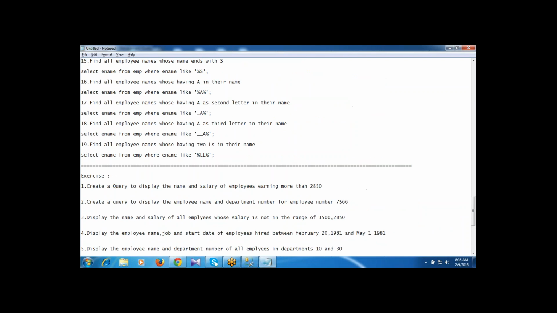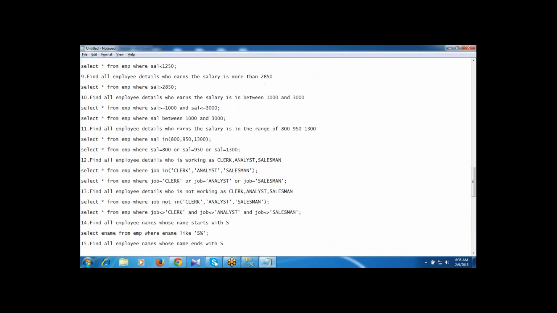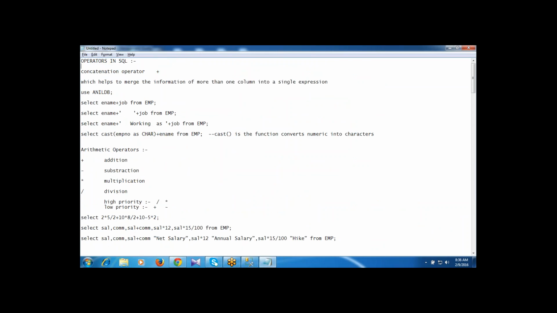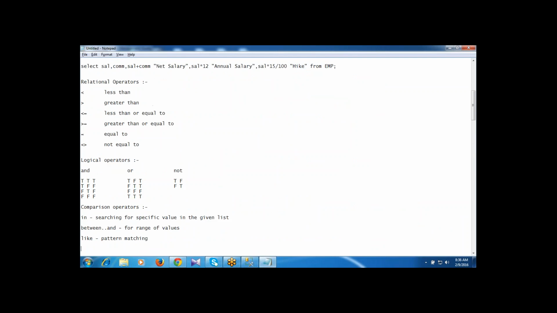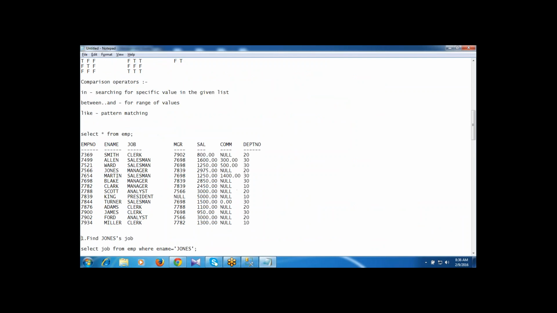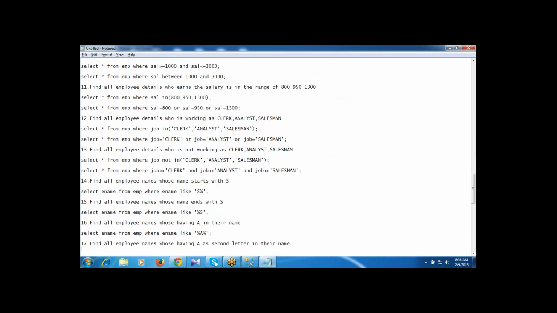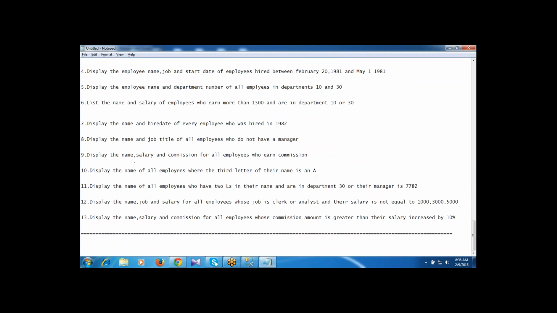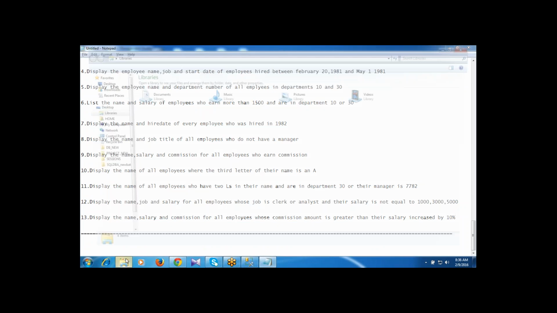The operators list I have given. Based on the query requirement, you need to choose the operator to get the result. Then demo tables here I am giving to you. You can copy the queries, paste them into Management Studio and run the query. That's it for the demo tables.